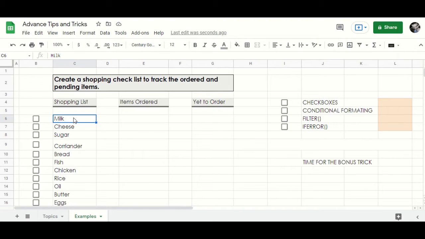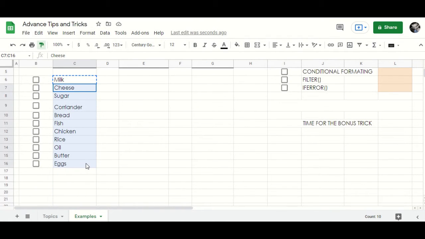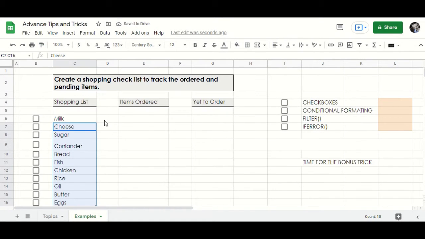The easiest and the fastest way to do this is by selecting the main cell from where the rule needs to be copied, then clicking on the Paint Format tool, and then dragging and selecting all the cells where you want that rule to be applied. Here we have successfully set the same rule for the entire shopping list. Let's confirm if it's working.